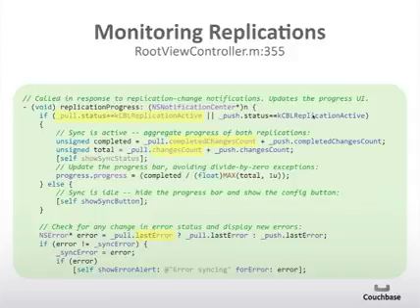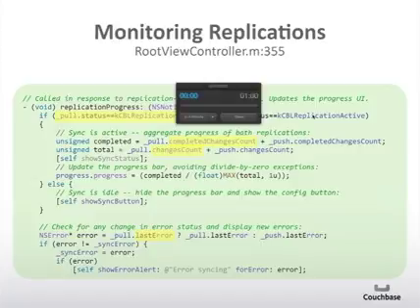And if either of them is different from the previous state that they were in, then we show that as an alert. The reason we check whether it's changed is because you might get multiple notifications while the same error is still in place. And you don't want to keep popping up multiple alerts to the user that all show